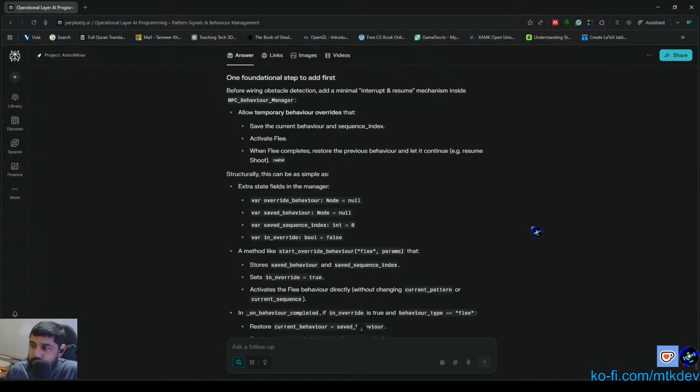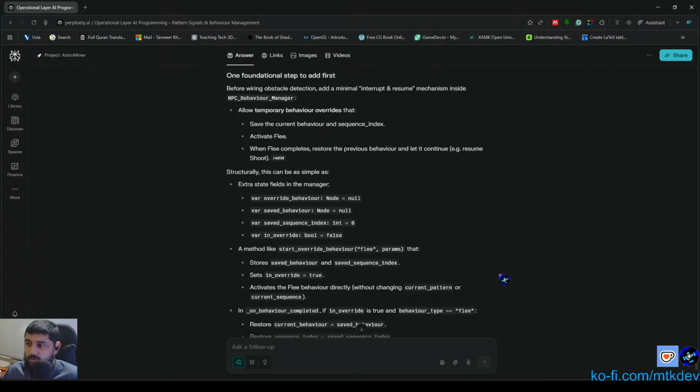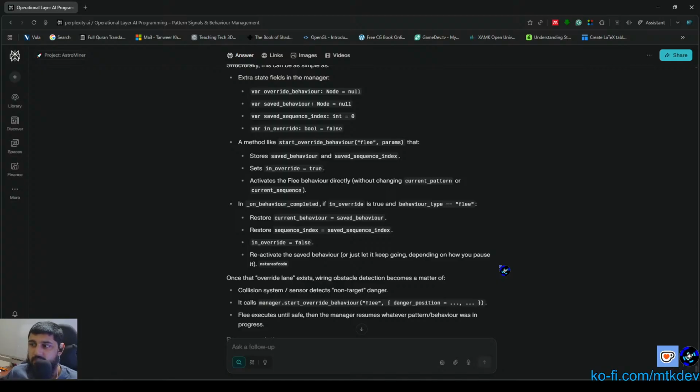So on behavior completed, if in override is true and behavior type is flee, restore current behavior equals saved behavior, and restore sequence index is saved sequence index. Right? So the old behavior we were doing, the old pattern was attack, and we were at index 2 in attack pattern, for example, right? Or we were in index 0. We were still trying to arrive at the location for shooting, but we hit an emergency flee point, right? And I can see a problem with this architecture